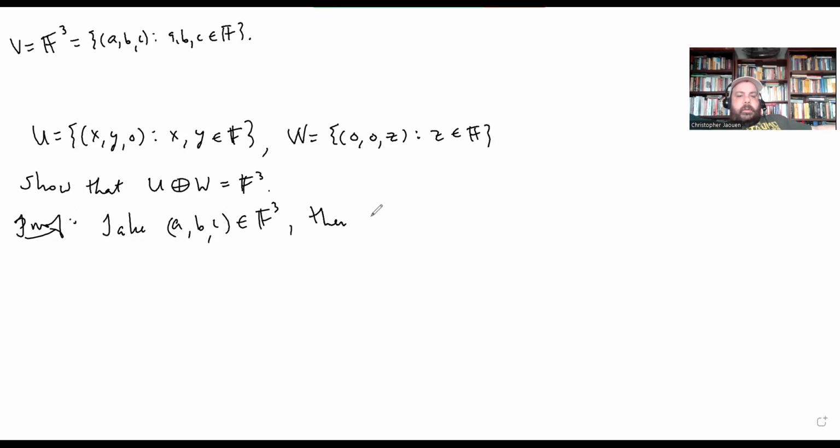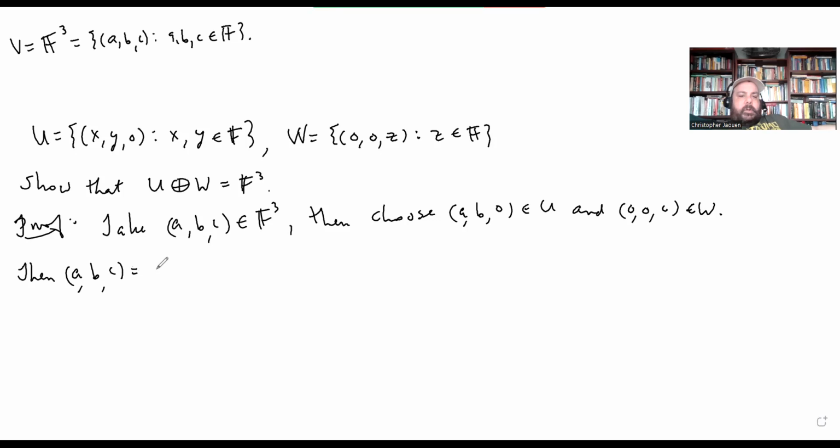Right, then choose (a, b, 0) in U and (0, 0, c) in W. Then (a, b, c) is equal to (a, b, 0) plus (0, 0, c), which is in U plus W, right? Okay, so that shows that